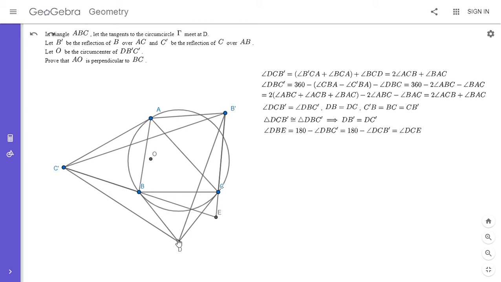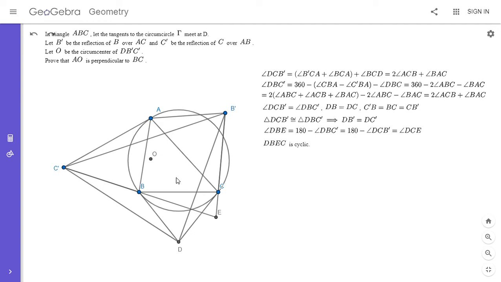So we have angle, actually before I do that, I'm going to prove a different quadrilateral is also cyclic. So I'm going to show DBCE is cyclic. That's just an angle chase. So angle DBE, it's 180 minus DBC prime. And that's the same as 180 minus DCB prime, since those two triangles are congruent. And that's angle DCE. So B, C, E, and D are cyclic. And not only that,